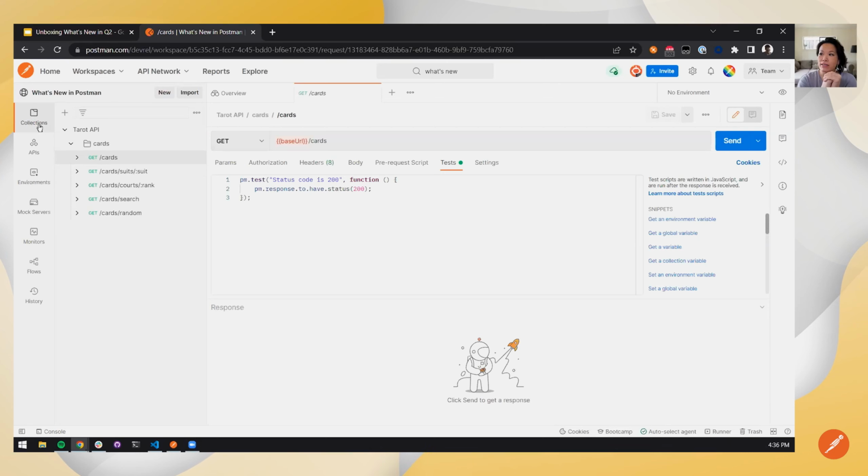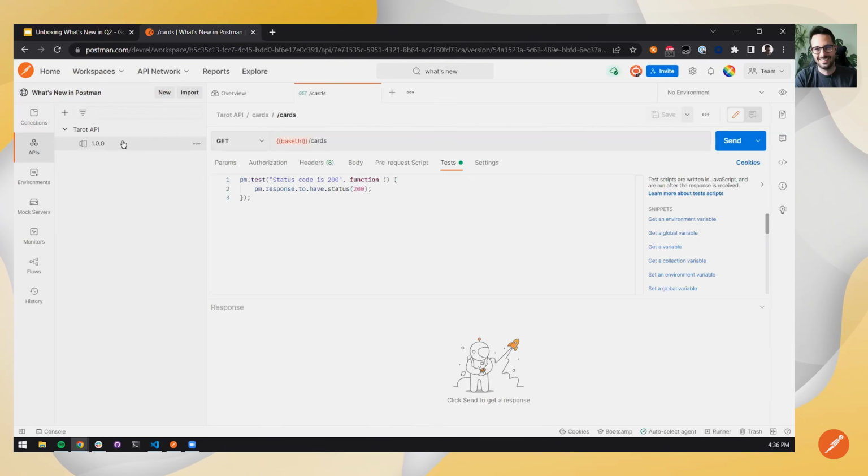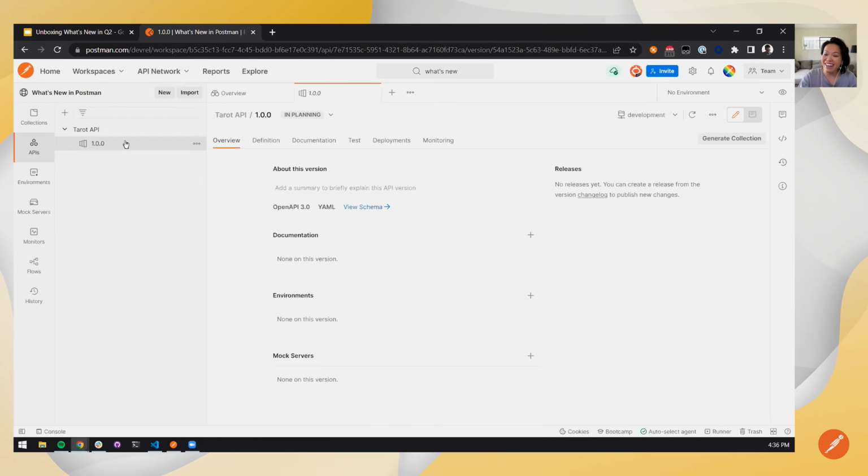Cool. And I will say that we spent a lot of time on the API builder. And when we say API builder, it just means what's under the APIs tab in the left sidebar. So that lifecycle is, do you mind clicking on one of the versions? That lifecycle that Arlemy was talking about, the API producer lifecycle, you can see it here in those tabs going across the top. So there's the defining,